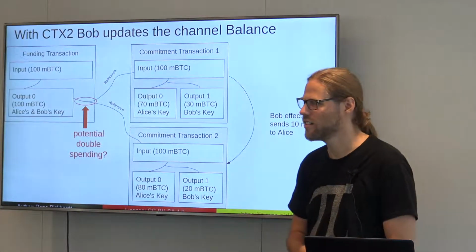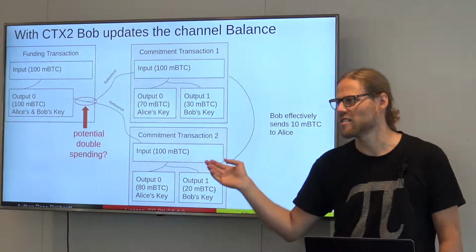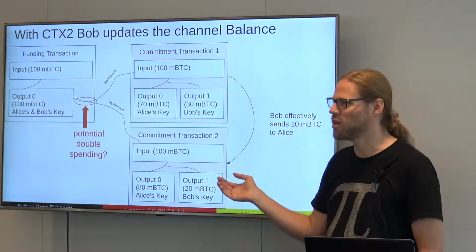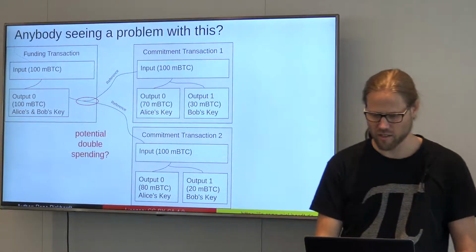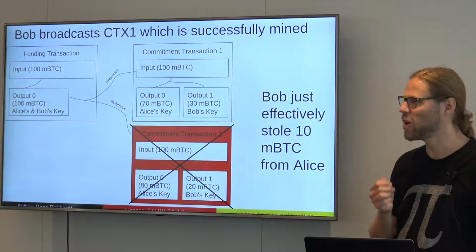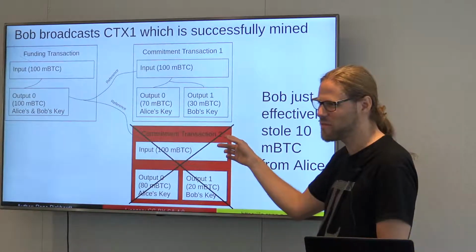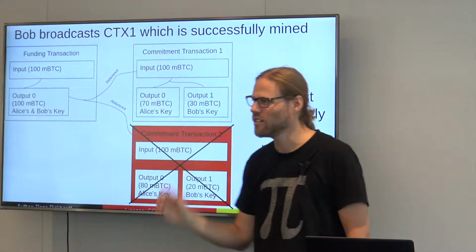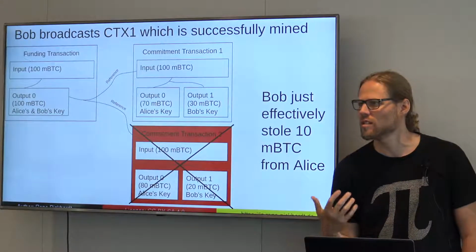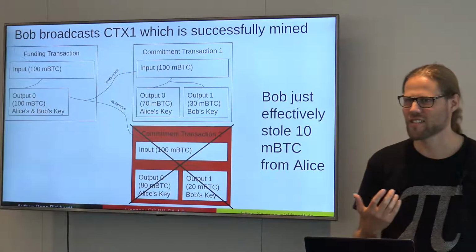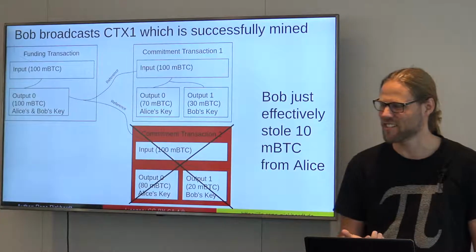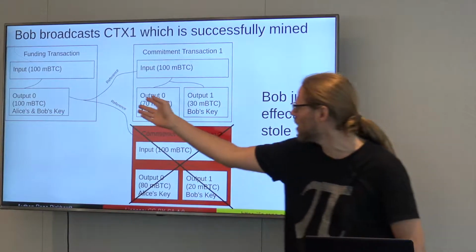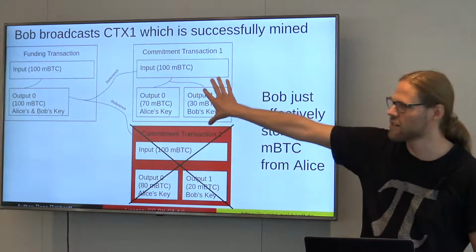Yeah, exactly. Right? After Bob does this, Bob gets a decent meal from Alice, right? They have a great time. And then Bob decides to broadcast this commitment transaction. Right? So if Bob does this, this one cannot be mined anymore because this one is already mined. Right? They're both public now. And effectively, Bob has stolen 10 millibitcoins from Alice. This is bad. This is something that should not happen, right? And as I mentioned before, in Lightning, we're trying to make sure in the protocol, by modifying these outputs a little bit, that this situation cannot occur.